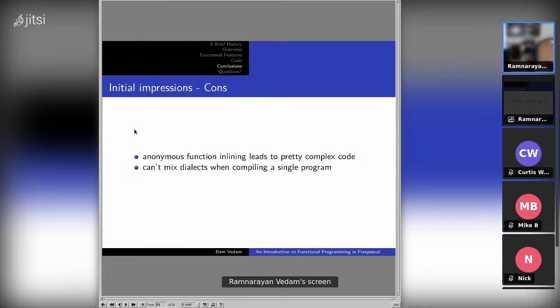That's kind of a sad thing, especially if you're trying to create a library that's being used in as many dialects as possible. So this is the impression that I had with FPC in general.